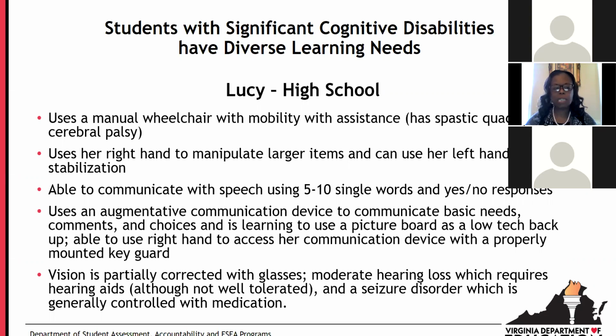keep that item stable. She's able to communicate, but her communication is different than Matthew and Corey. Lucy only has access to 5 to 10 single words, and then she is able to use yes, no responses.